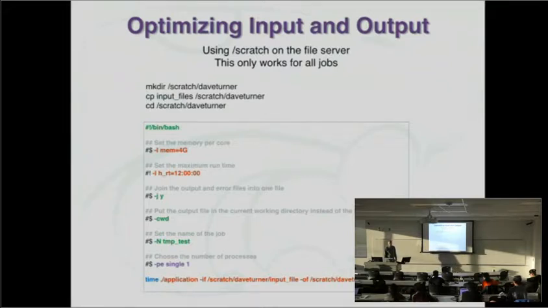Any questions about that? I will give you one warning. If you do copy stuff in there, make sure not to do a copy with a -p. A -p preserves the creation date or the modification date. If you copy in things with a -p to preserve the modification date, and if the last time you modified that file was more than 30 days ago,